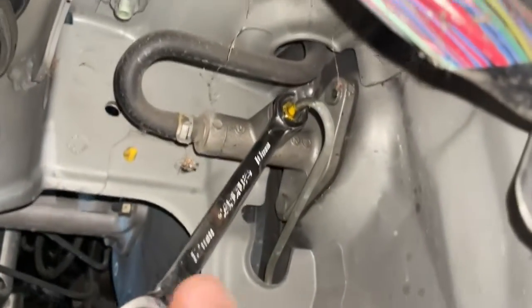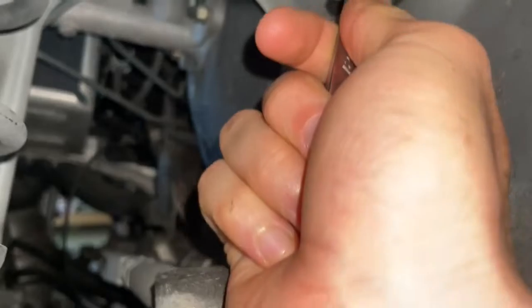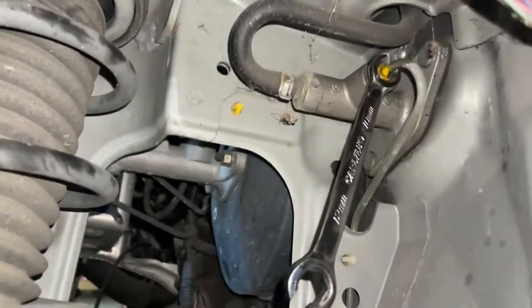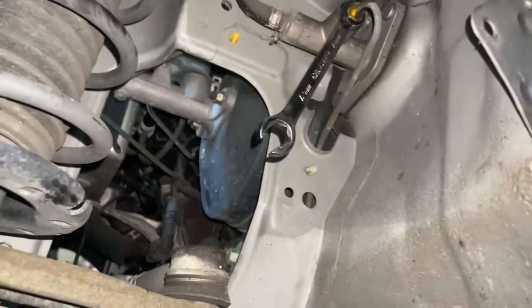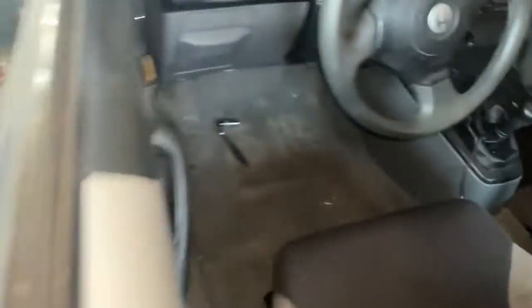And that is a 10 mil bleeder right there. So ideally you have a box end wrench like this, you can loosen it. That's what you're going to start out by doing, just make sure you've got access to this thing. And then the next steps for the master cylinder are underneath the car's